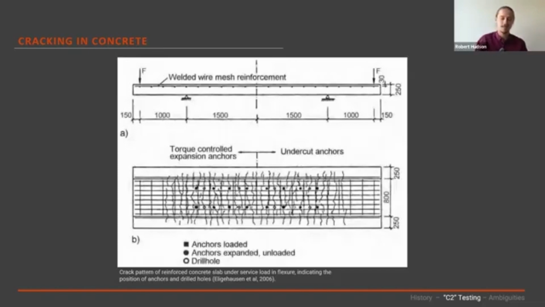And this makes a lot of sense. We have a very homogeneous or reasonably homogeneous material. If we put an anchor into it, it acts as a stress raiser. And then when we start getting cracking occurring in these concrete units, which we do even under just surface loads, right, but definitely under design level loading, because we have a stress raiser there, there's a very good chance that crack occurs where the anchor is. And so the baseline assumption is that if we're putting an anchor into concrete or reinforced concrete, we are assuming that when cracking occurs, that cracking is going to happen where that anchor is. And that's a pretty reasonable assumption in my mind.